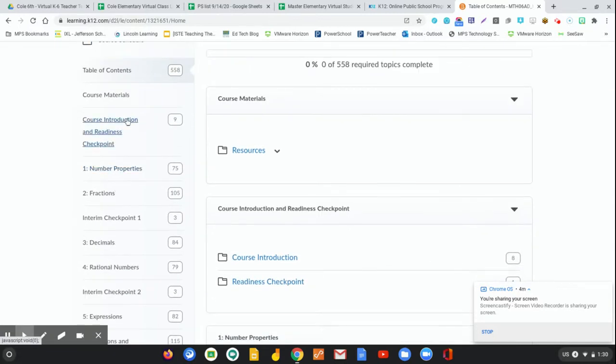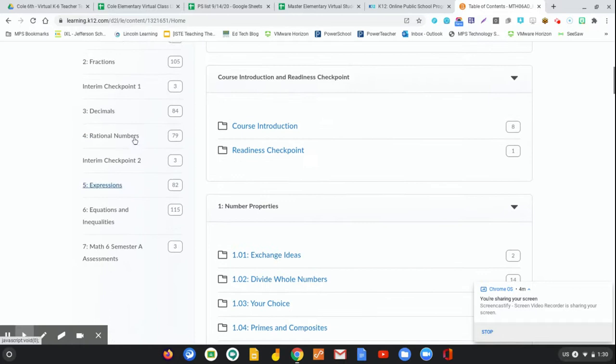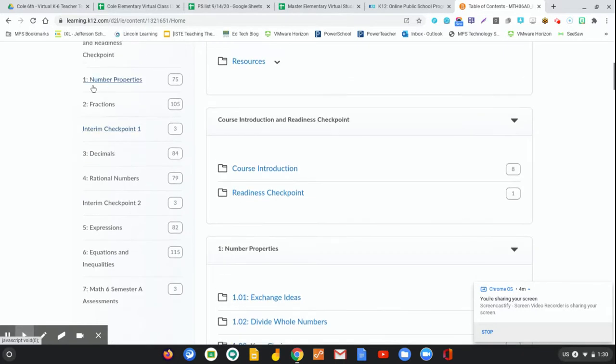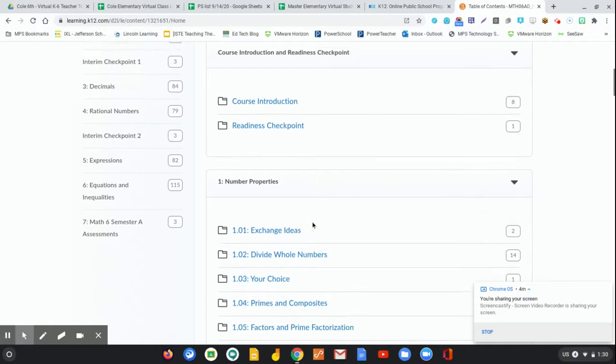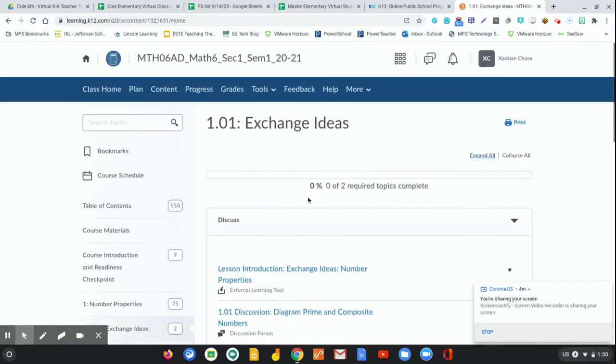So again, we've got a course introduction, readiness, and checkpoints. So we're going to go ahead, and this is the first thing that shows up over here. And then we've got the next one, which is number properties. So that's your first unit. There's 75 pieces to this, okay? You're going to start here with your introduction, and then you can